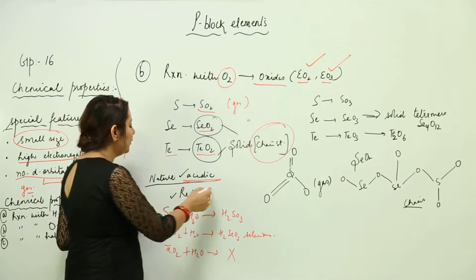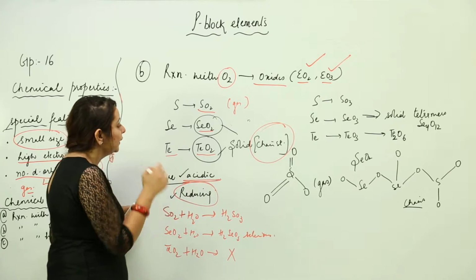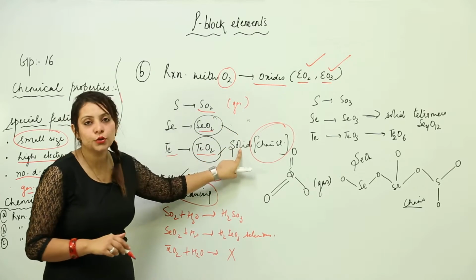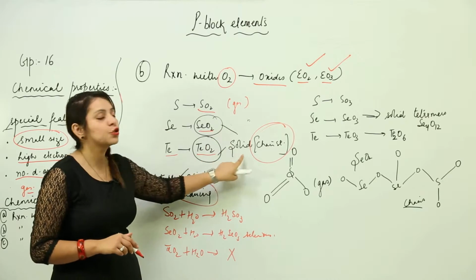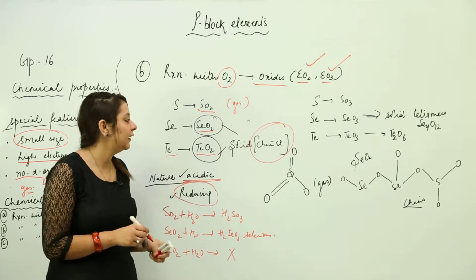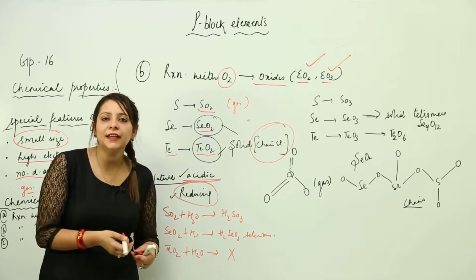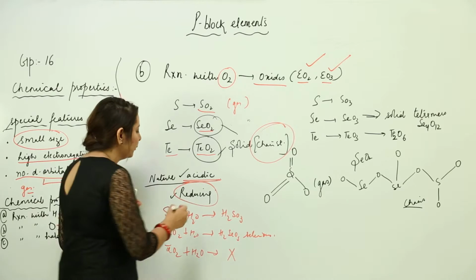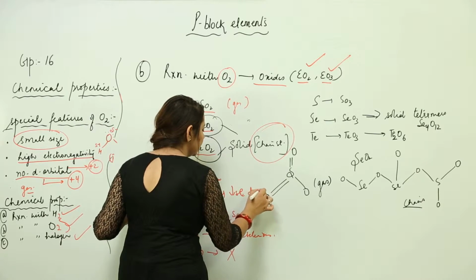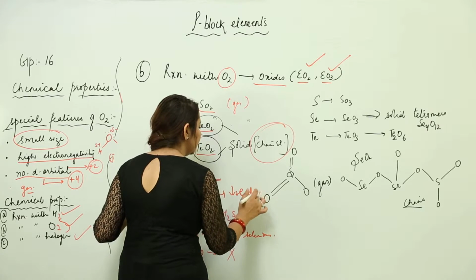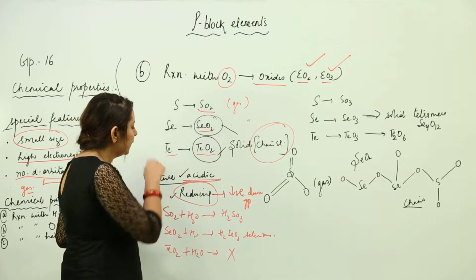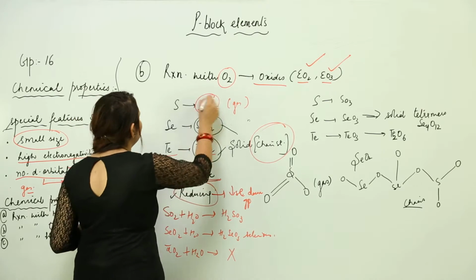If we talk about the reducing character, as we move down, we have seen that the gas state is changing to solid. That means they have a strong force of attraction, the reason being the chain structure. So the reducing character decreases down the group. Similarly, if we talk about the geometry for SO2, we know that it is a bent